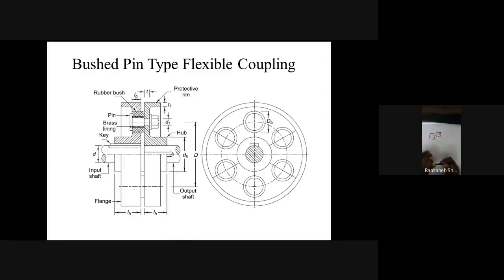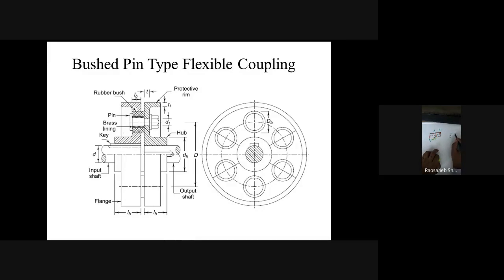Is it visible to all of you? Yes or no? Whatever I am writing on paper. So this is shaft number one and this is shaft number two. There is misalignment which is called lateral misalignment. This distance is delta. So this is misalignment. In such cases we cannot use a rigid type of coupling. There we can use flexible coupling. This is one type of misalignment. Another type of misalignment is